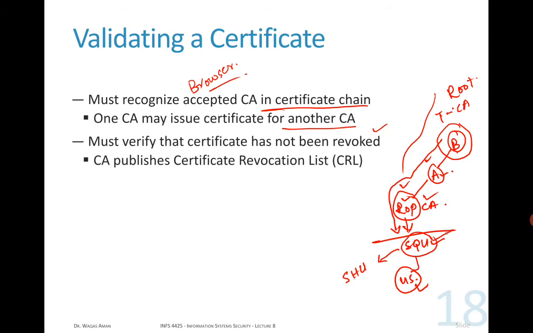Also, each certificate has a validity, a time period associated with it. Usually up to 2 years, 2 to 3 years. So if this time period is over, the certificate expires. In that case, it is the CA's responsibility to revoke these invalid certificates. Fine. So your browser must be able to verify, which means that it should contact all these CAs